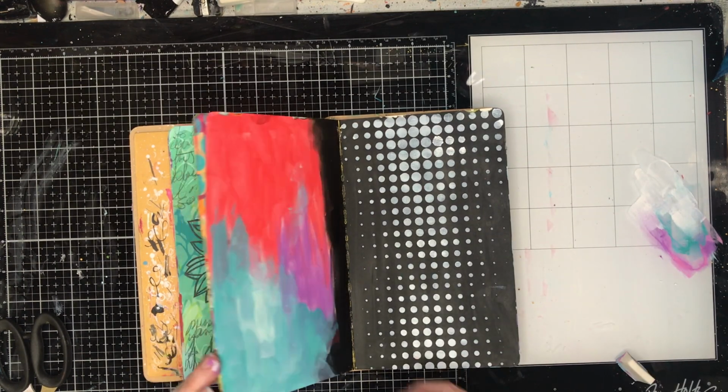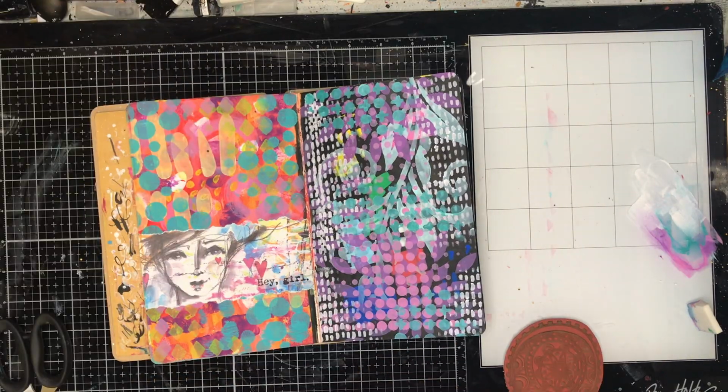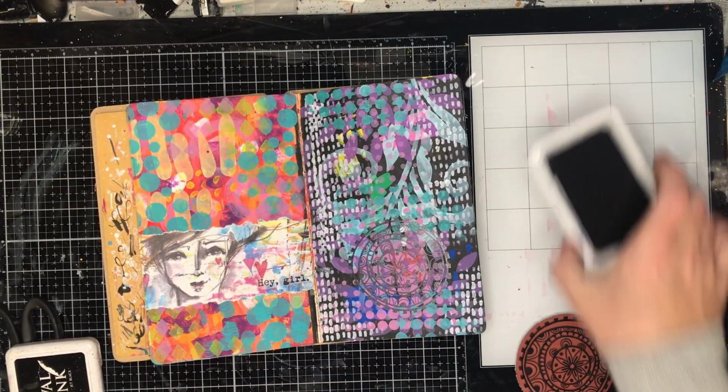So I've just got that really cool half-tone dot pattern on it. After I'd done that, I was like, okay, you've got a lot of colour there, but it's really, really random. What are you going to do? So I decided I was going to stamp over the top of it. This is a new Tracy Scott stamp from Paper Artsy